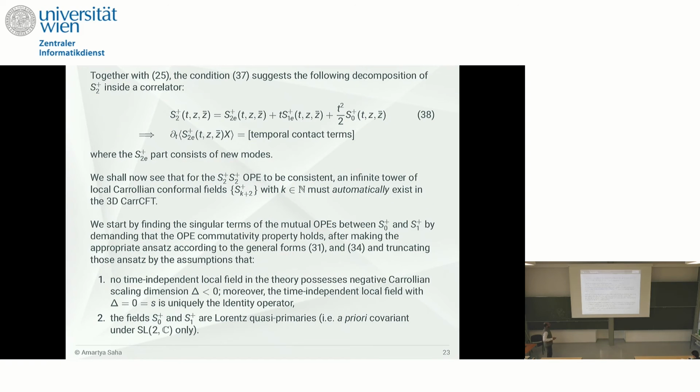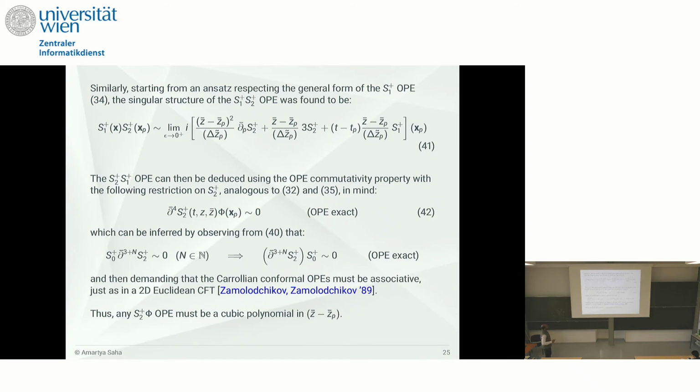So we have to figure that out first, and we have found that indeed it truncates at the cubic order. So equation 42 is an exact relation for S2 plus in the OP limit, and I have inferred this by looking at the S0 plus S2 plus OP and acting with this operator, and since this is 0 by bosonic commutativity property,